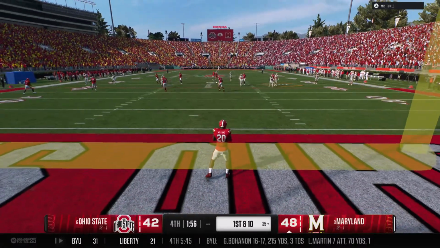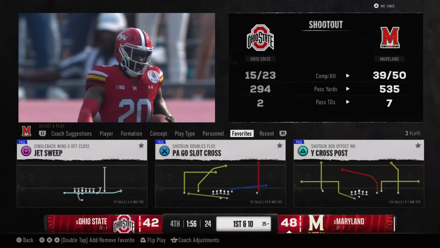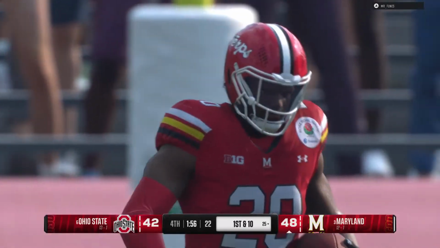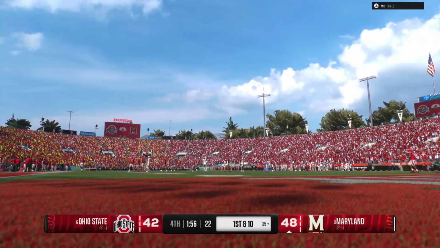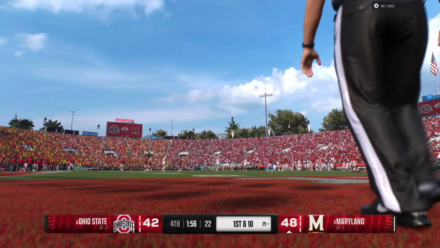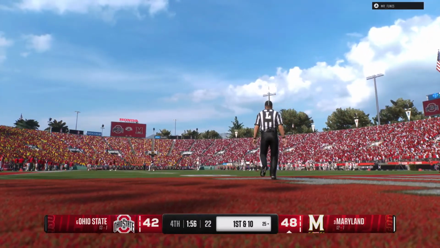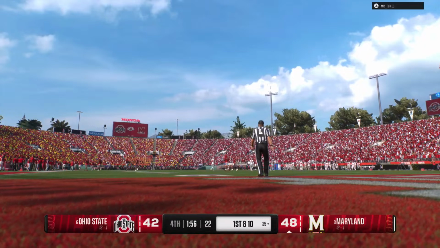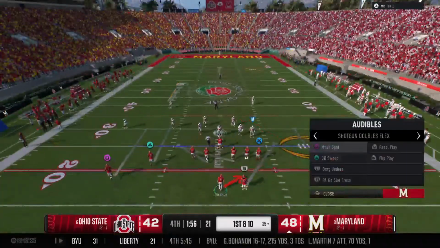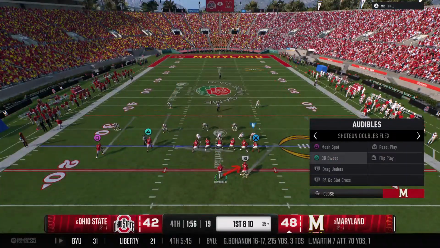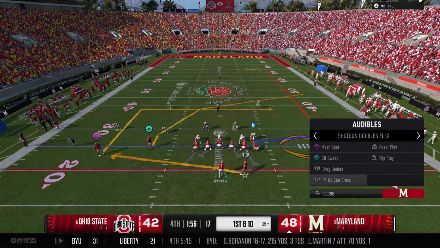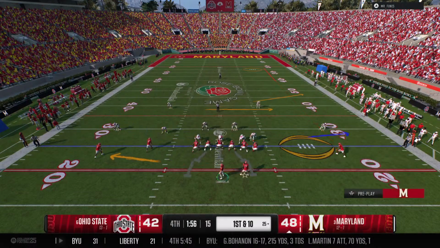Returner decides to fair catch this. Offense is back out on the field now. The defense has all 3 timeouts remaining, so they have to run a couple of plays here.